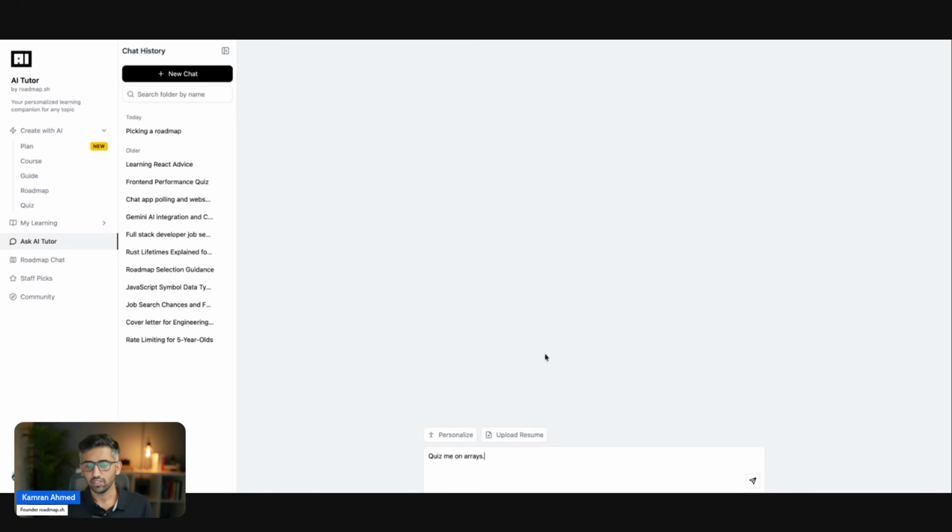It also has quizzes, so quiz me on Redis. So this is more like an interview session. So this quiz was just for your own preparation, but in this case, you can also quiz in a better way. For example, let's say I remove this. I say, for example, I have to appear in a job interview for a senior backend developer. I can give my job description that I have from LinkedIn or any other place. I can paste the job description here,